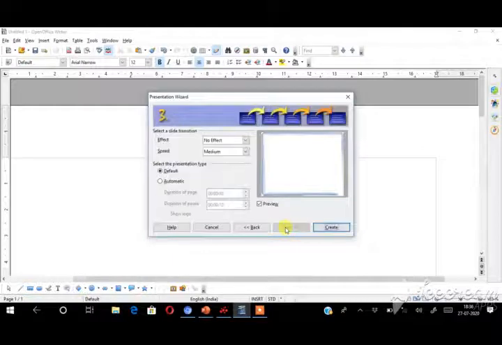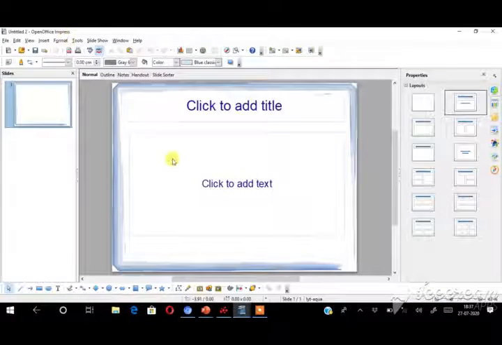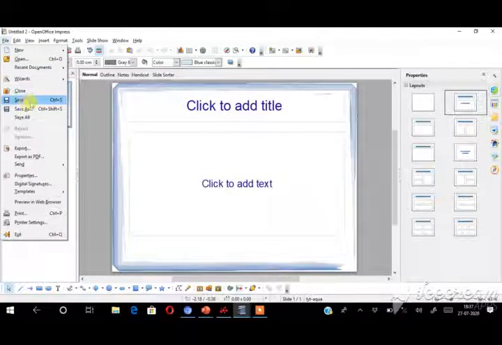Now within this Writer window, the presentation screen will be open. This is the presentation software in the OpenOffice software. So within the Writer window, the presentation software also opens. Here you have to create any text or make any design and save it. Click the File menu and save this one. So this is another way to create a template using a wizard.